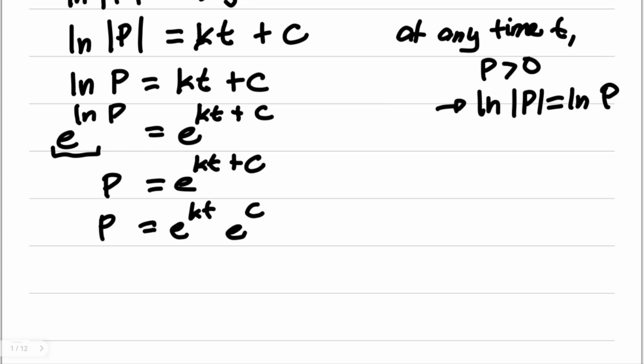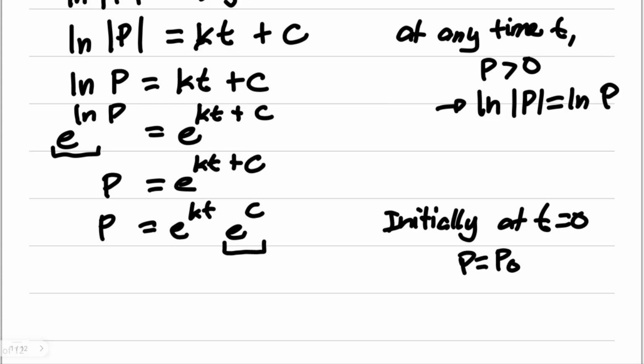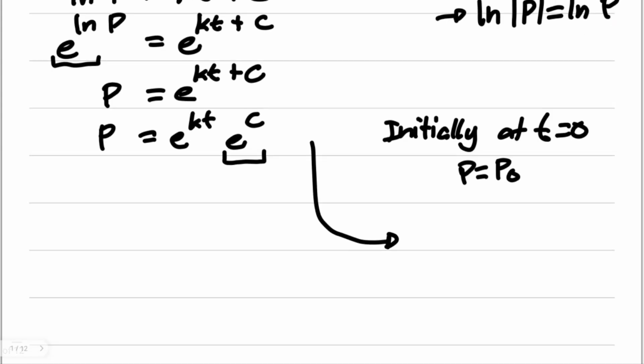Now take note that this has the constant of proportionality in our t, but the other factor is just any specific constant. So we can substitute that with any form, because initially, at t equal to 0, we can say that P is just equal to P sub 0. And when would this be true? If t is equal to 0, in this equation, I'm going to copy it here: P is equal to e to the power of kt times e to the power of C. Initially, this is also equal to P sub 0, right?